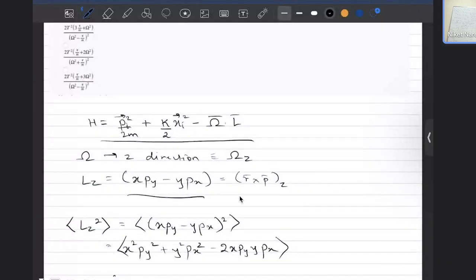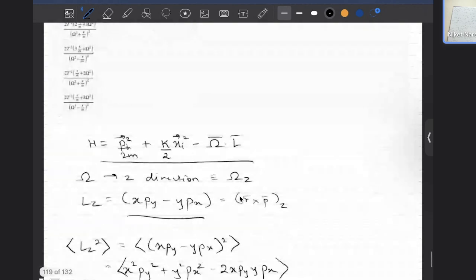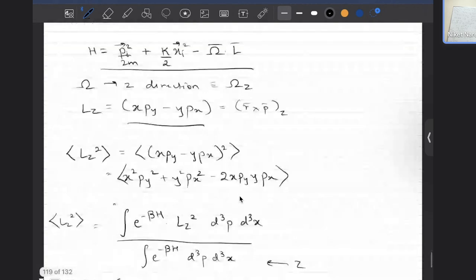I meant p squared is basically px squared plus py squared plus pz squared, and i is not a particle index here, which we generally were using. We are not taking in particles; we have to evaluate it for a single particle only, so there is no summation over particles here. So this is just